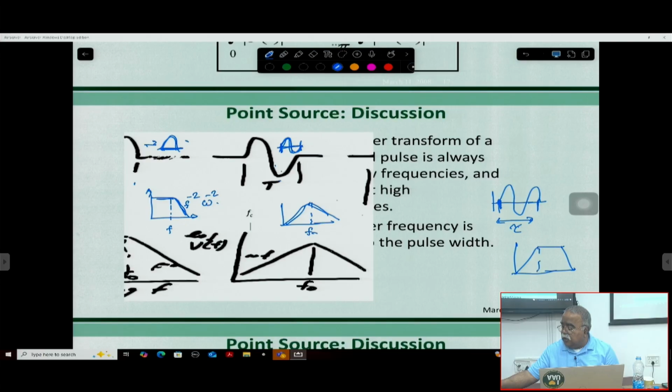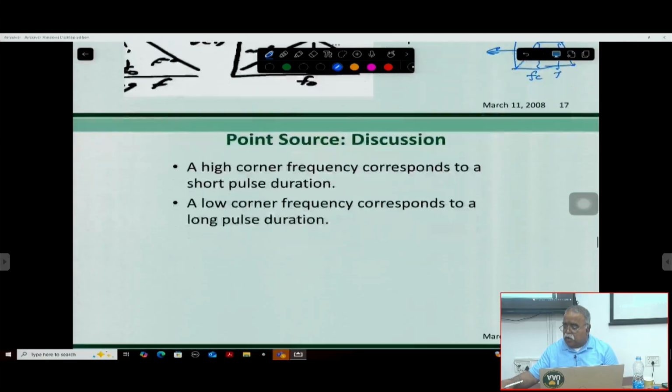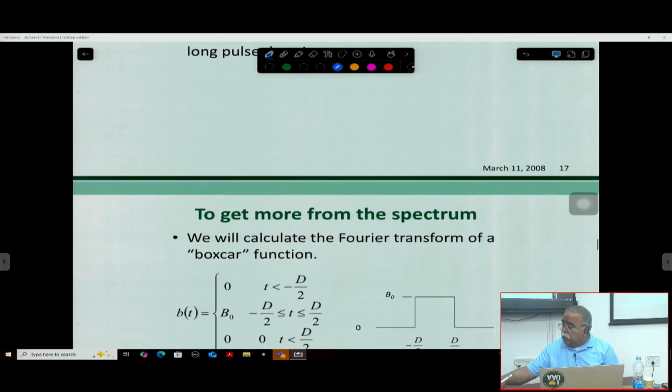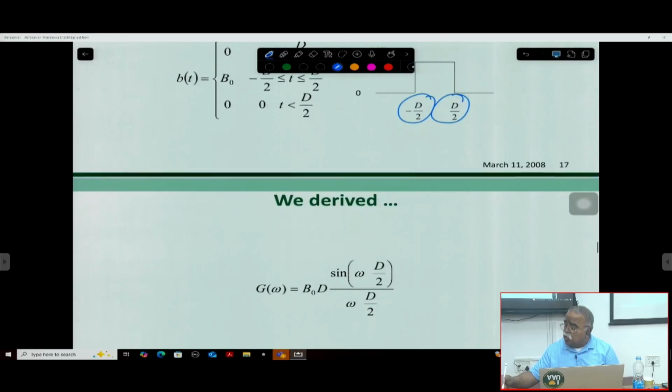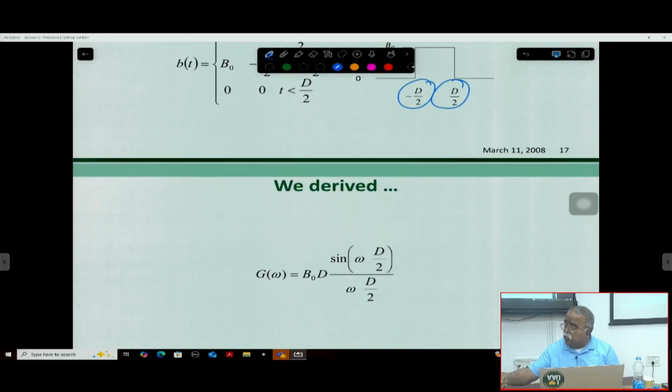So this is your fc, and this is your f max of these things. So if you can differentiate this one, you will get this one. If you differentiate in the frequency domain, you will be getting this one, right? So this is your point source, and so you can take the Fourier transform of the boxcar. It will be minus d by 2 to plus d by 2. Then this will be always a function like this. So these things, if you can calculate it, it will be the boxcar function, or it is a sinc function